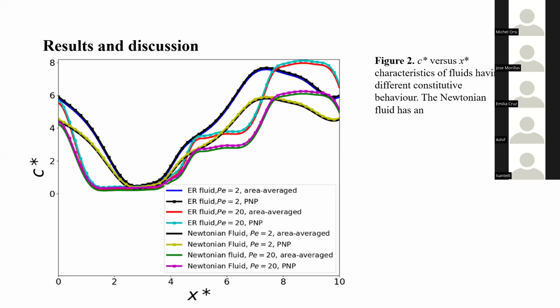And so finally, we come to the results and discussions. So here in figure 2, we plot the axial variations in C star, which is normalized C0, along the channel length for H star equals 1. As a representative physical scenario, we consider Z2 by Z1 equals -1, C0 equal to 0.01 moles per liter, implying the Debye length lambda is 3.2 nanometers, which when normalized with respect to a typical channel height of 50 nanometers gives lambda star equal to